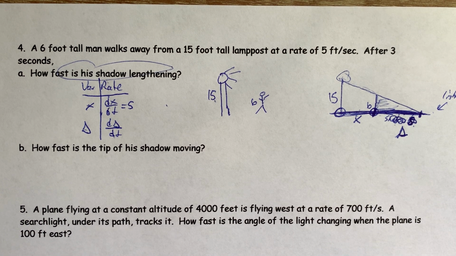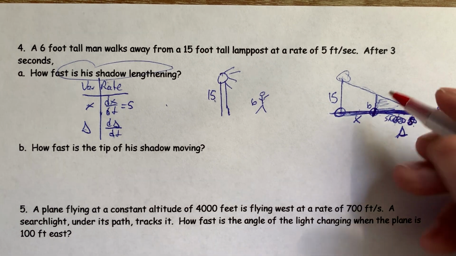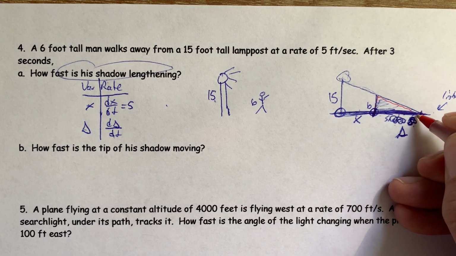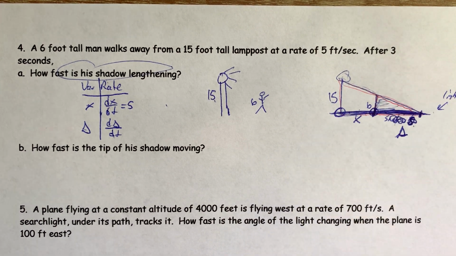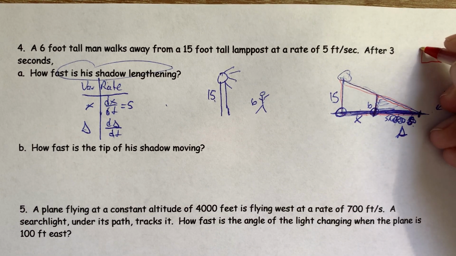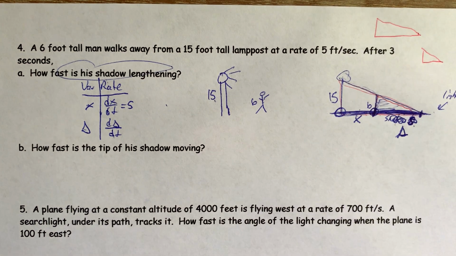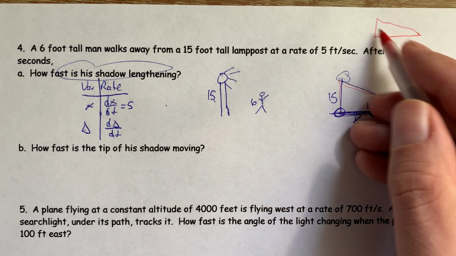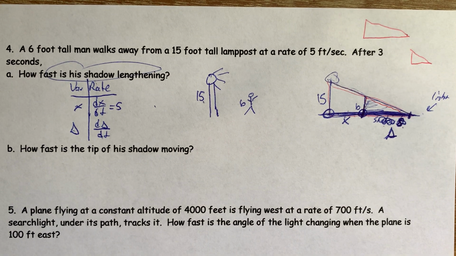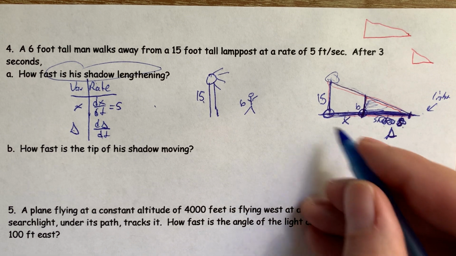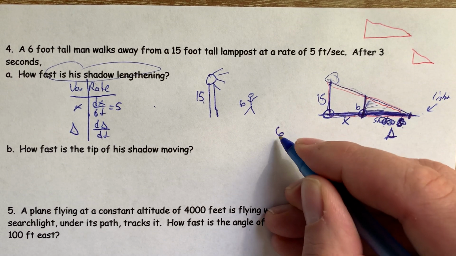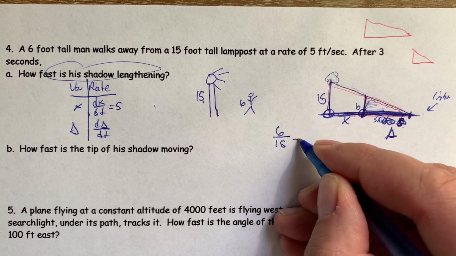Well, I hope that we notice that there are similar triangles, that this triangle is similar to the large triangle. And so when we have similar triangles, the ratios are proportional to each other. So this side is to this side, so the small height is to the big height as